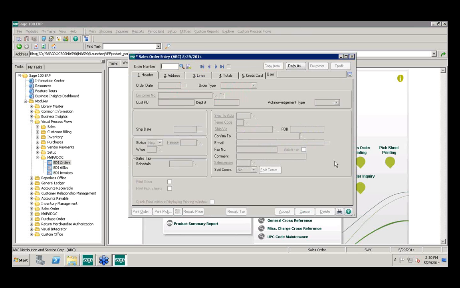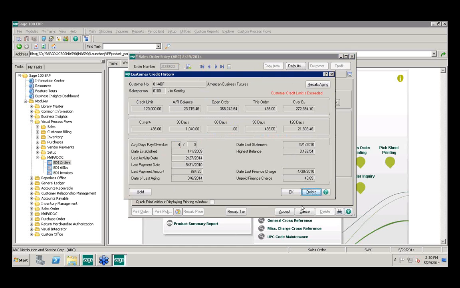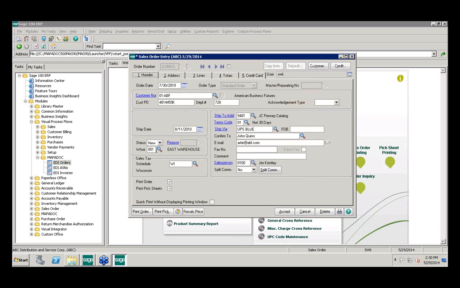Okay, and now I'm actually going to bring up one of the orders in sales order entry, because sending out the 940 is not, like I said before, just for EDI customers. You're able to leverage this for shipments that are for non-EDI customers as well. So orders that you're getting via fax or email or phone, it doesn't matter. What we really base sending out the 940 off of, and I'm going to pull up one of the orders that we just created,